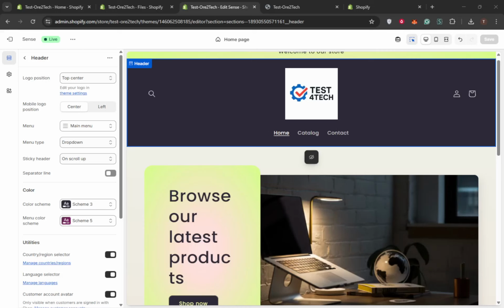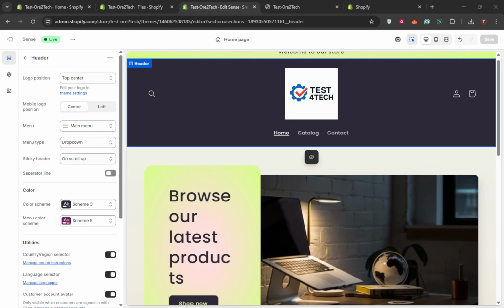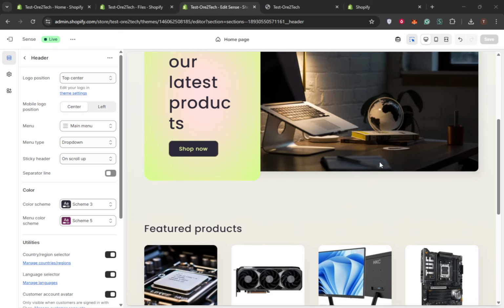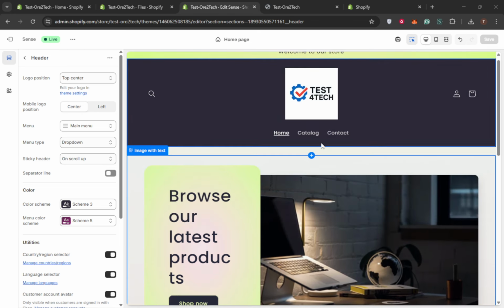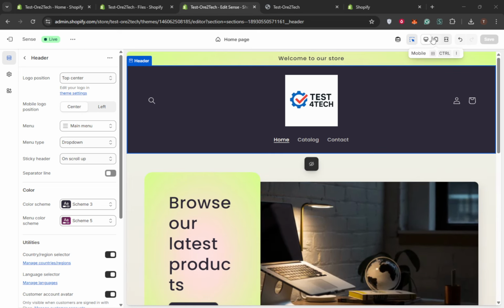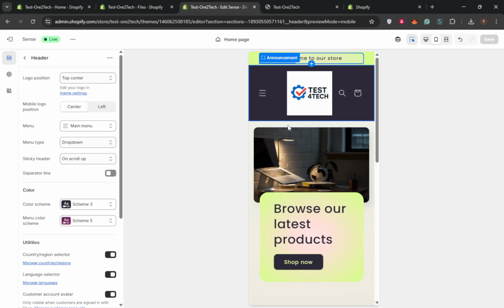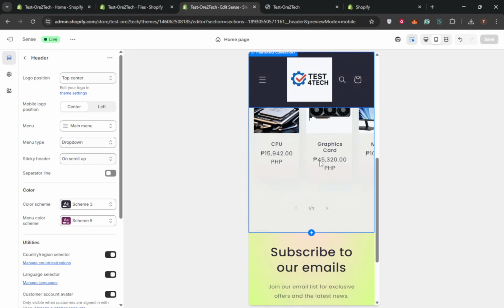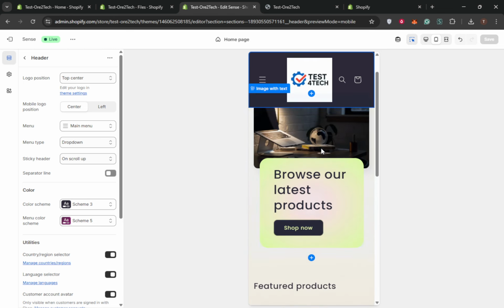In today's video, I'm going to teach you how to add a menu drawer, hamburger, in Shopify Sense theme. If you're using the Sense theme, the good news is that the hamburger, or drawer-style menu, is built in for small screens. On phones and tablets, visitors should automatically see a compact icon in the header that opens a slide-out panel with your navigation. If that isn't appearing for you yet, I'll walk you through how to check your settings